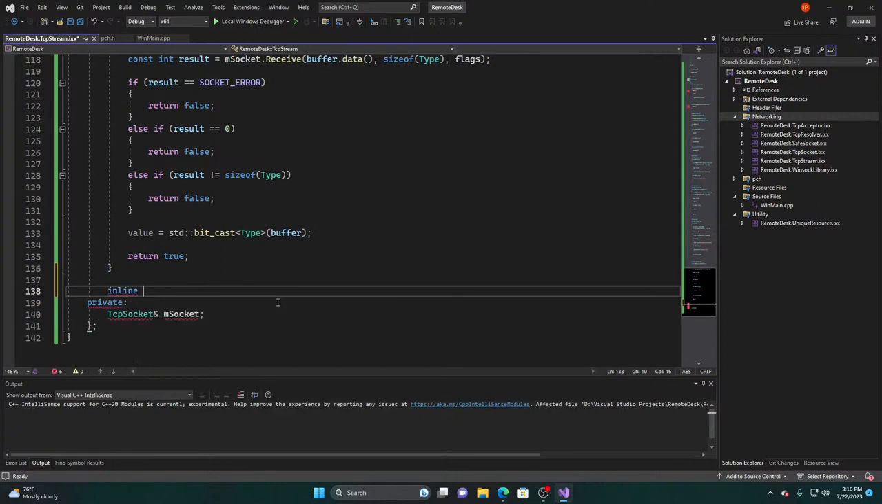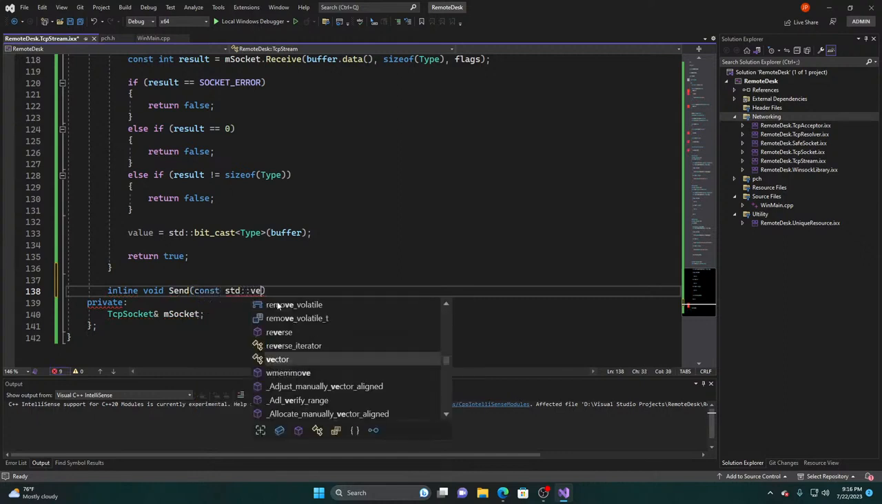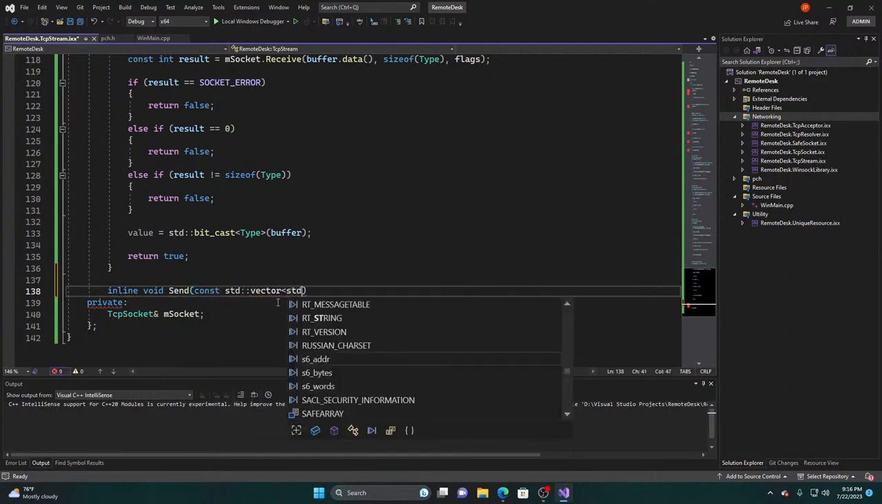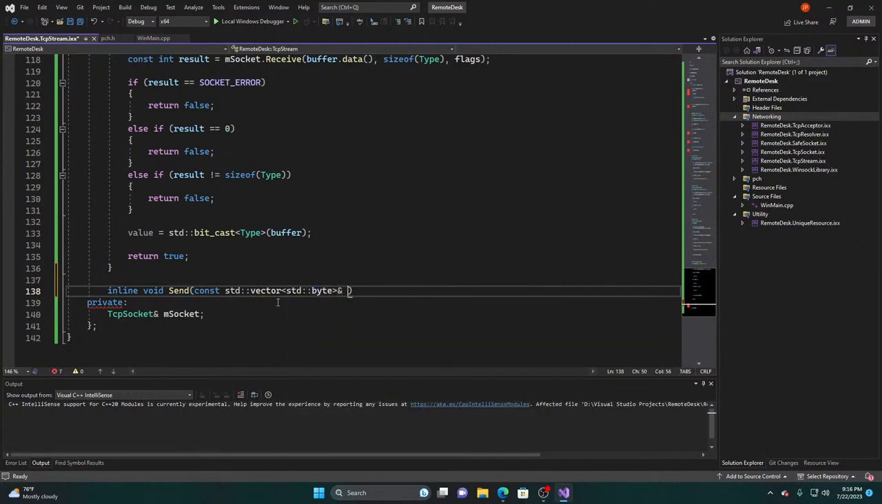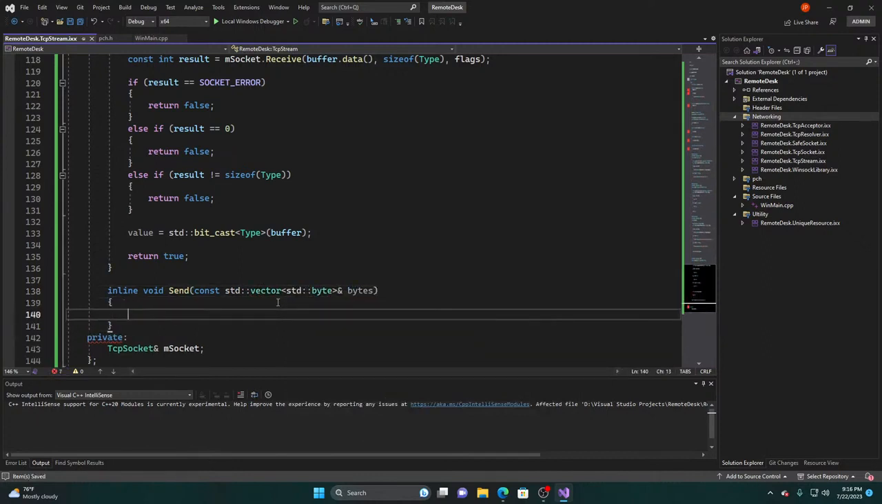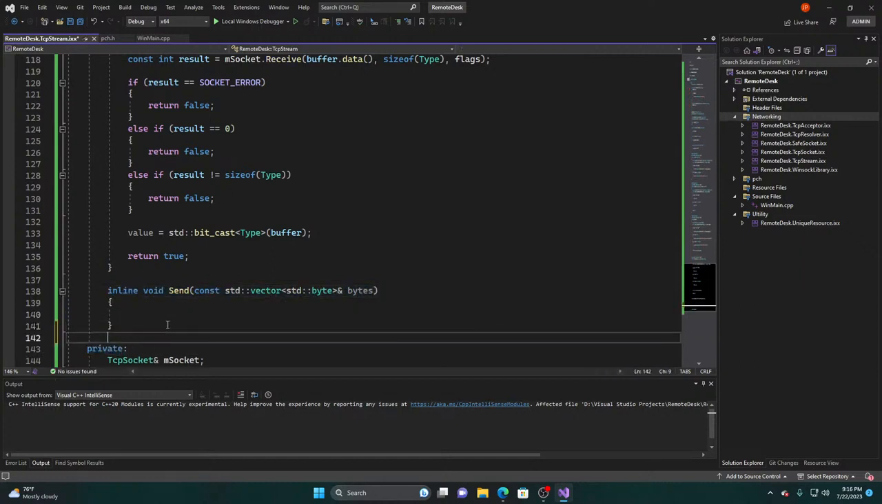So the first thing we need is an inline void send, const std::vector of std::byte. So when we serialize stuff, it should be in this format. Okay, so now that we have send,